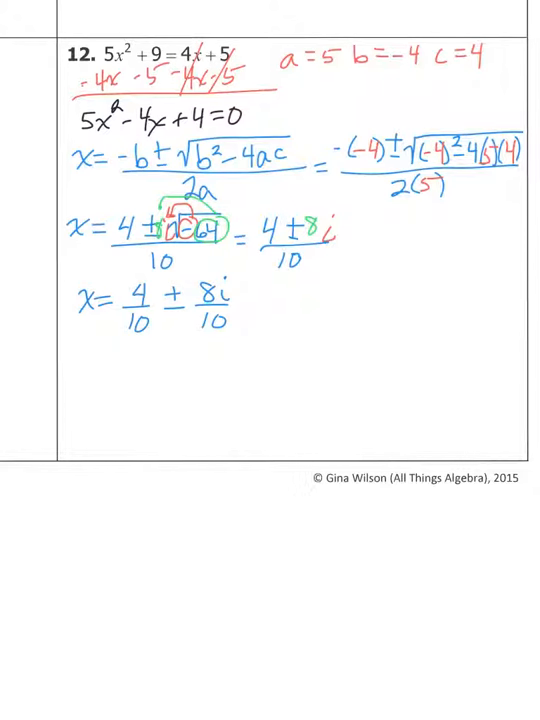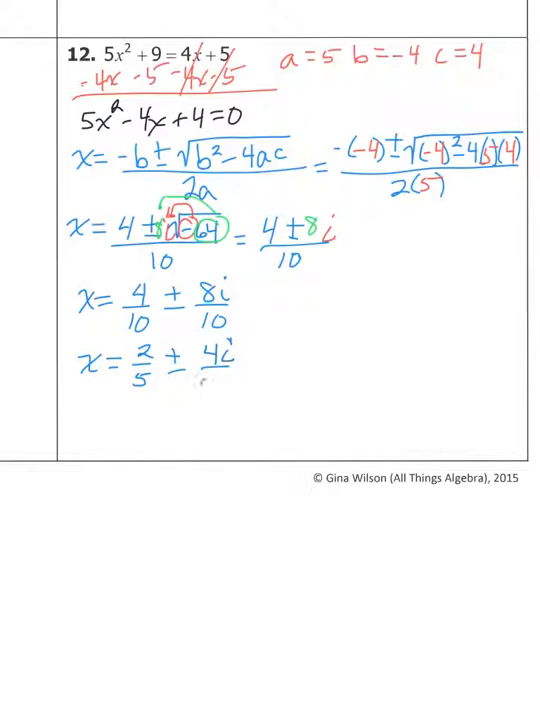So then all you have to do if you are struggling with reducing this, you just put in your calculator 4 divided by 10, enter. It's going to give you a decimal, and then hit math, enter, enter, and it will reduce the fraction for you, and it will look like this. 2/5, and then plus or minus, and then just put the 8/10 in. You can't put the i into your calculator. It won't know what to do with it. So put the 8/10 in, hit enter, you'll get a decimal, 0.8, and then hit math, enter, enter, and it will reduce this to